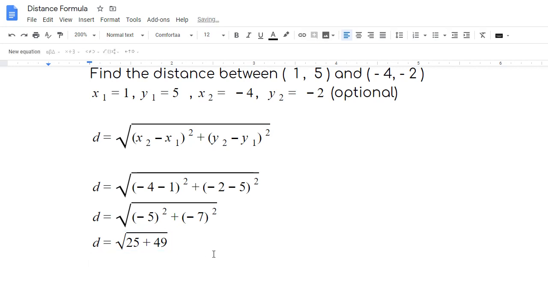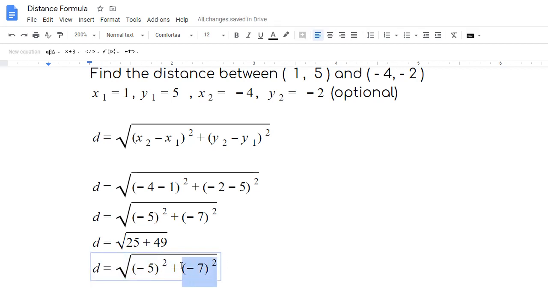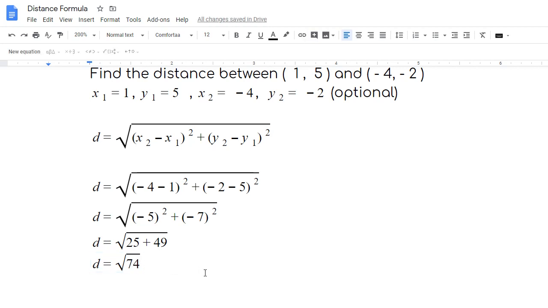And one more. So I'll paste that whole thing again, and I'll just get rid of all of those values that I have under the radical. And 25 plus 49, that's going to be 74. Click outside the equation, and if you put that in the calculator and it's a decimal, then that is your final answer. Okay, you don't have to give me the rounded number unless you're asked to maybe round to the